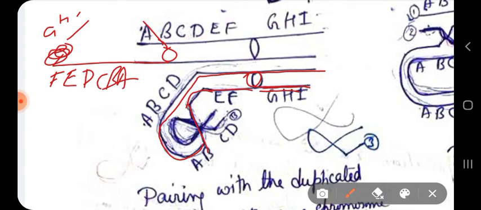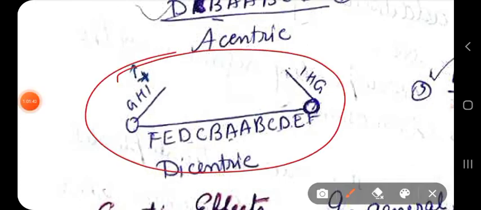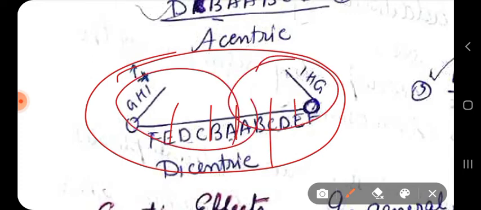So I am not writing all of these things here now. Look at this, it will clarify your doubt. So one dicentric chromosome is formed as a result of unequal crossing over between them. And during anaphase, breakage can occur in any one of these sites, either this or this or this, and that leads to the formation of chromatids having either a deleted segment or a duplicated segment. So that's what can occur.